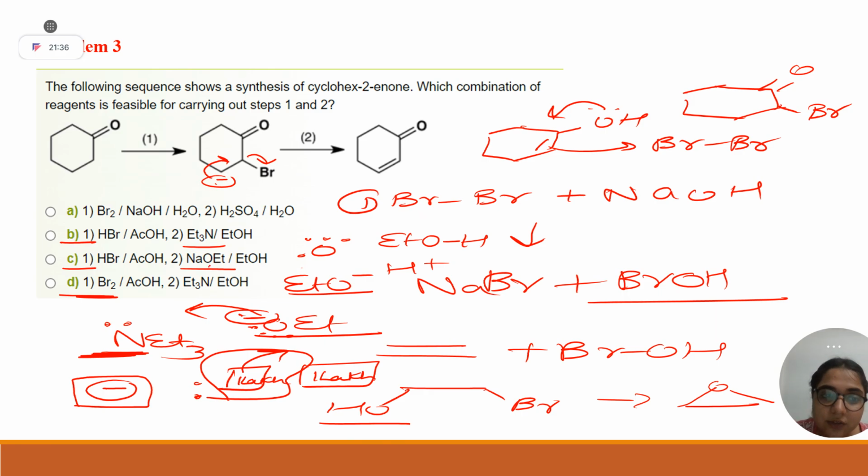Similarly, among these two bases, I have made you understand why it is the stronger base. Let's say you don't remember pKa, you can put these concepts in your mind and start solving your questions. So the correct answer is option number C. I hope you understood. And one more thing, this is E2 elimination, and for E2 elimination the requirement is that you should have a strong base which can abstract that proton. Crystal clear everything?